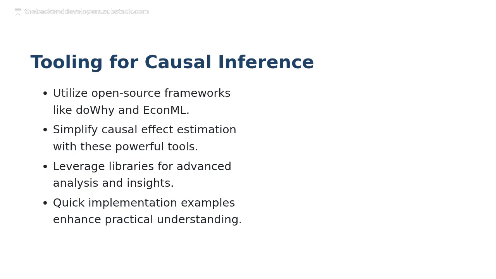Open-source frameworks like DoWhy and EconML are pivotal for simplifying causal effect estimation. They provide powerful libraries that enable advanced analysis and insights. Furthermore, quick implementation examples allow for a practical understanding of these concepts, making it easier to apply them in real-world